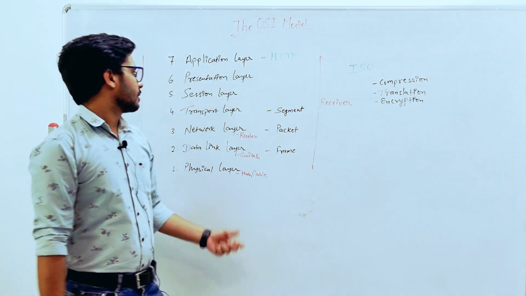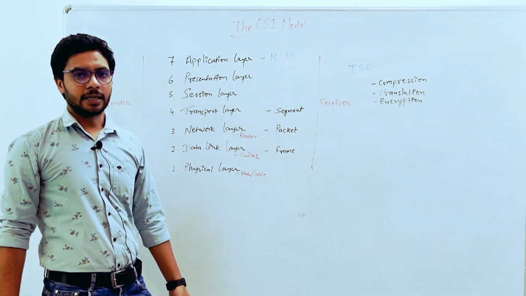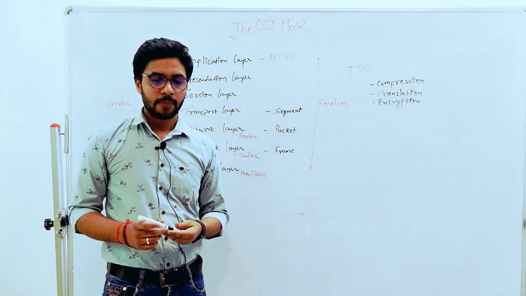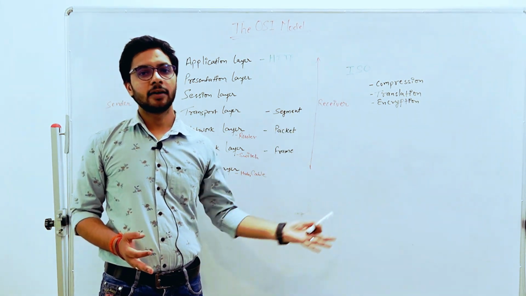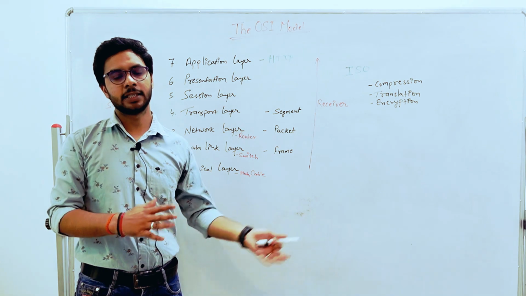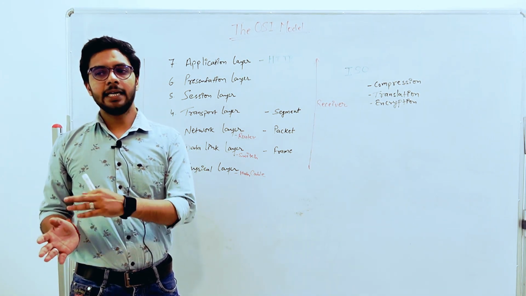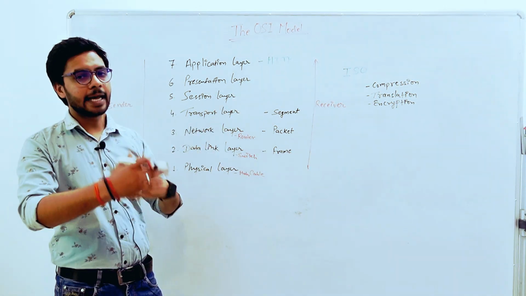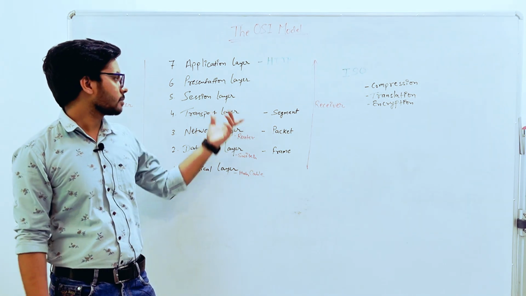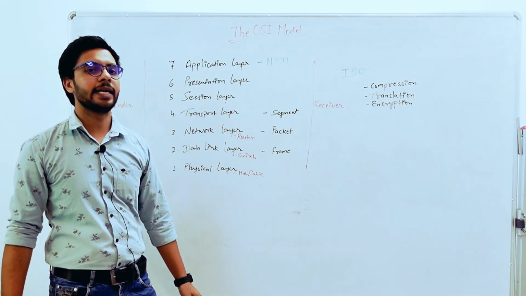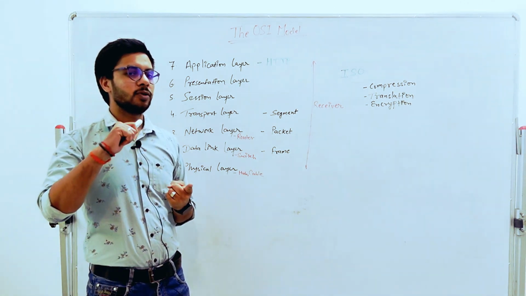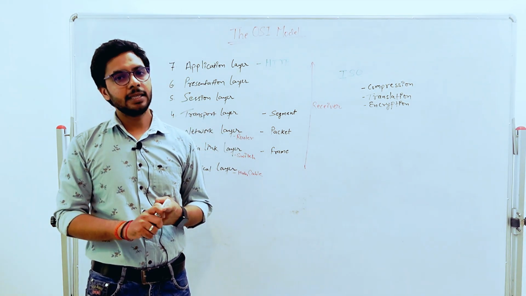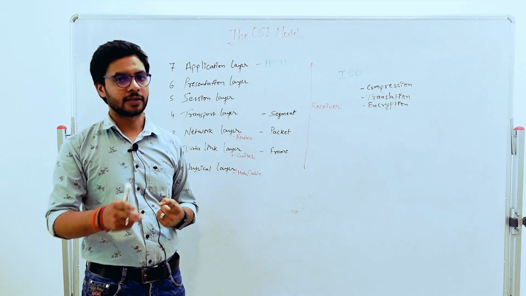Then the next layer we have is your session layer. Now, what is a session first of all? A session is the duration between the beginning of a communication and the ending of a communication. For example, our session started at this particular point of time, and the duration from the start till the end of the session is known as a session. Your session layer is responsible for maintaining that session. It is going to establish a session, then maintain the session as long as the communication or the data transfer is going on.